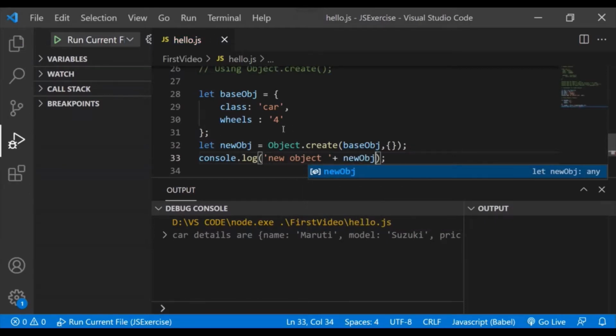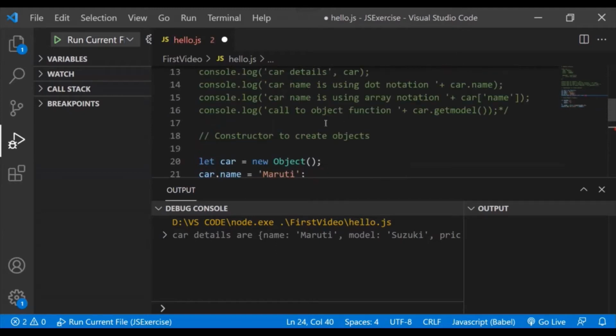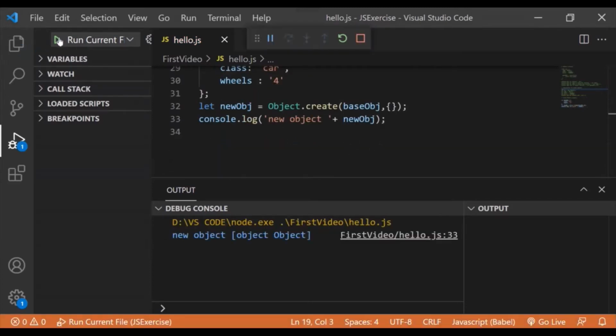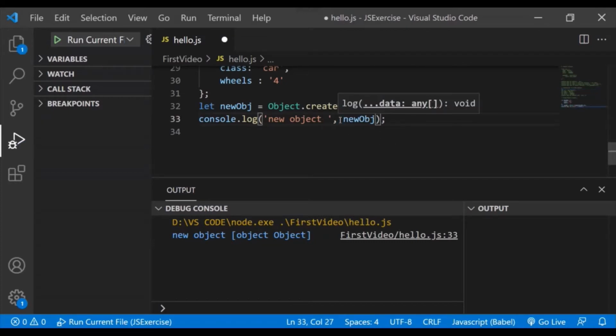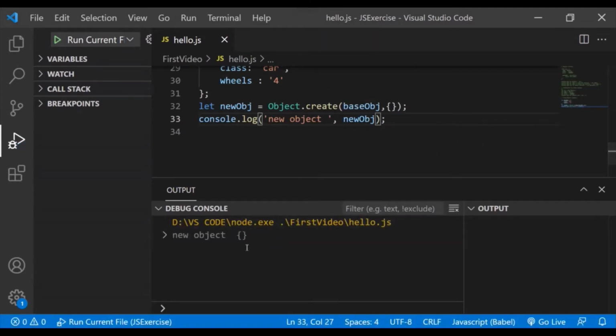We'll just comment the earlier code to avoid any confusion, and we will execute this. You can see we have an object, but surprisingly there is no body present over here, so this looks like an empty object.